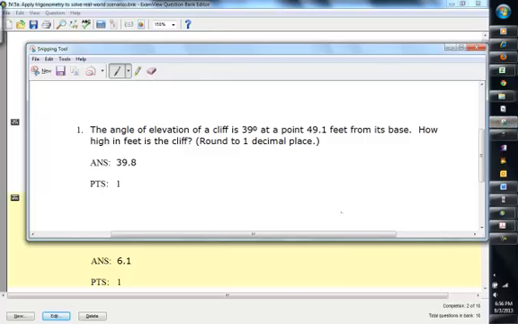The angle of elevation of a cliff, from the ground up, is 39 degrees, and you are 49.1 feet from the base. We want to know how high is the cliff. Okay, using our